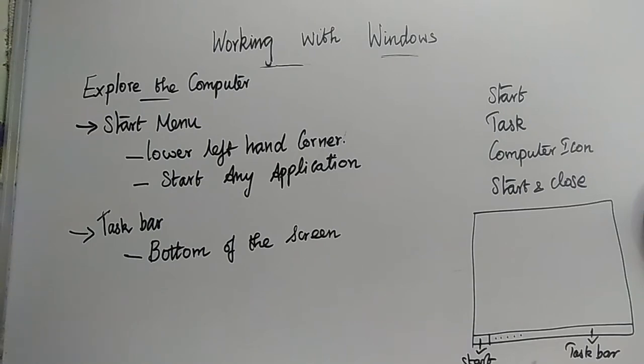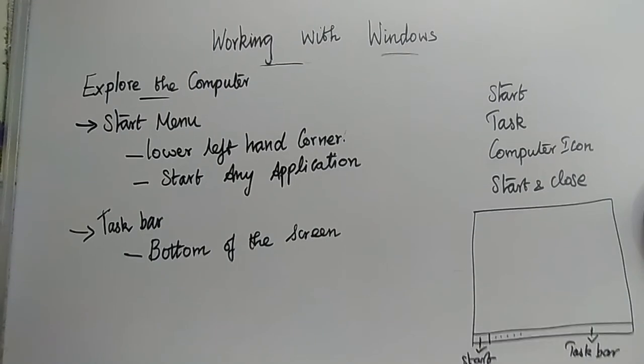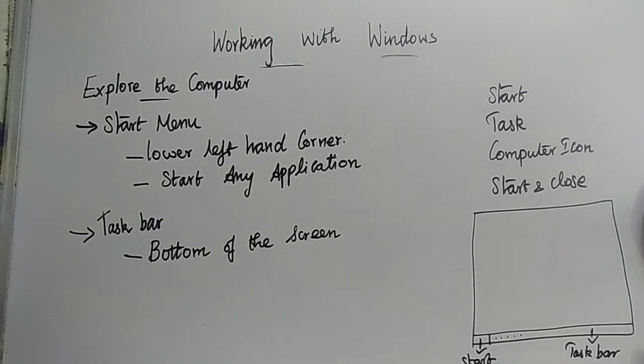Similarly, for example, if you are working here and you minimize that application, the minimized application also will be seen in the taskbar for you. Whatever application you minimize will also be seen in the taskbar. Similarly, at the extreme right corner, this is your left side, this is your right side, here you are going to have the system tray.